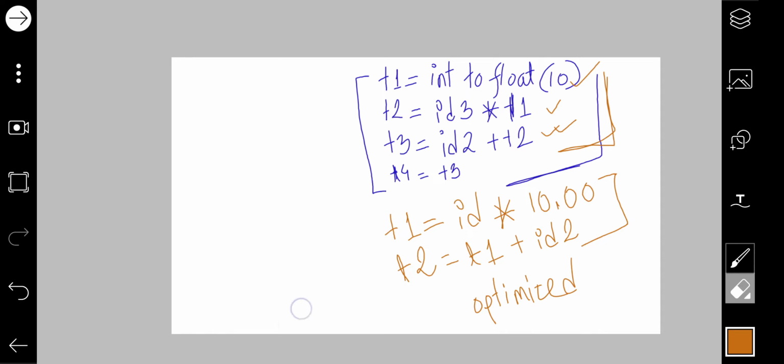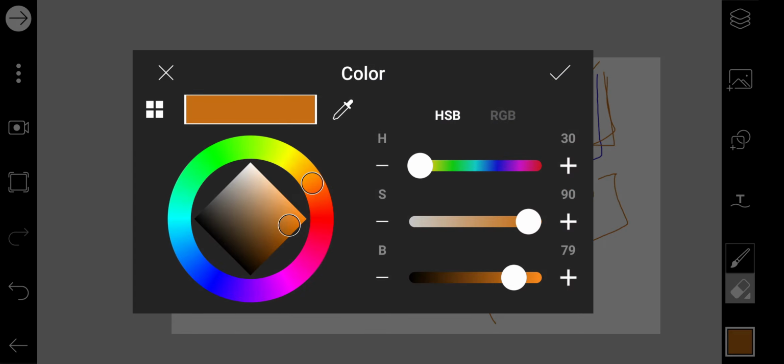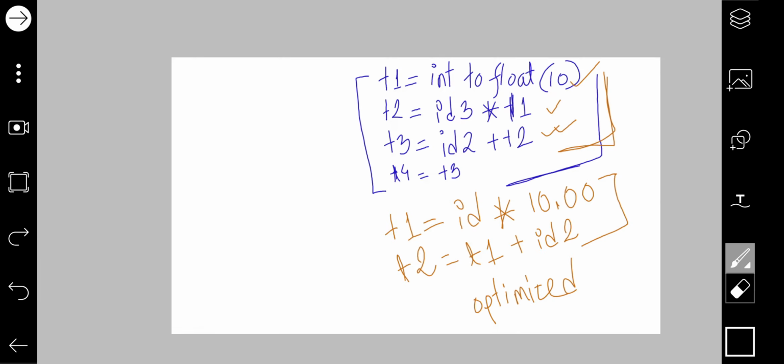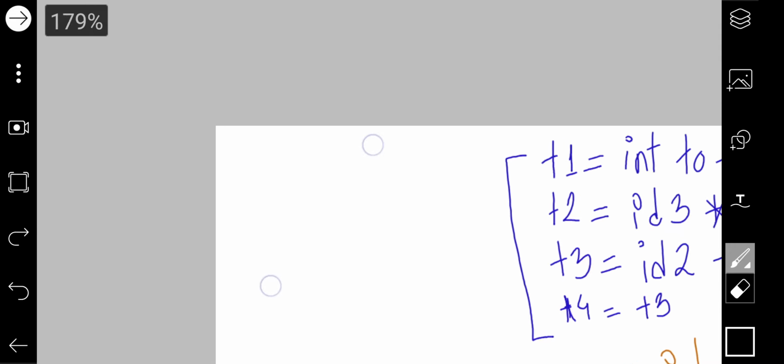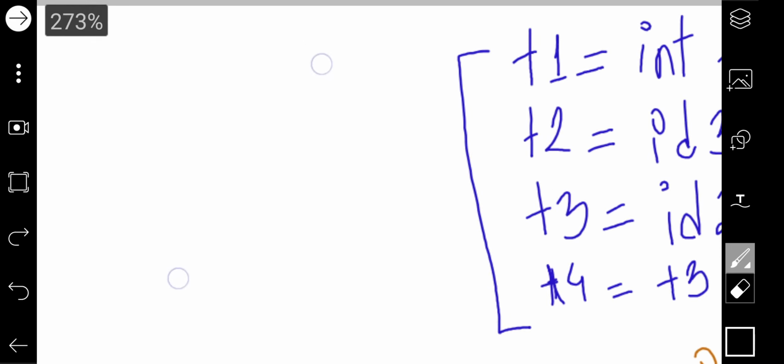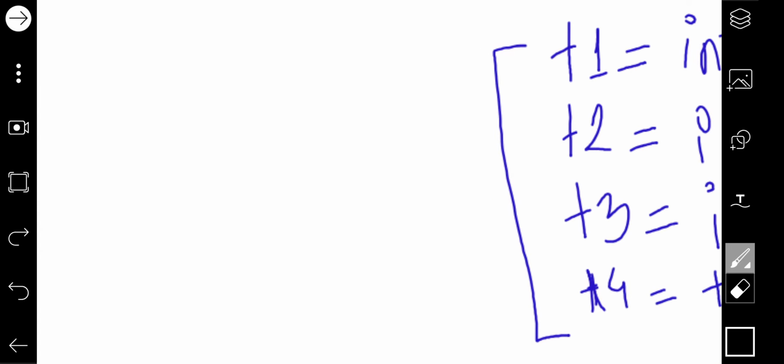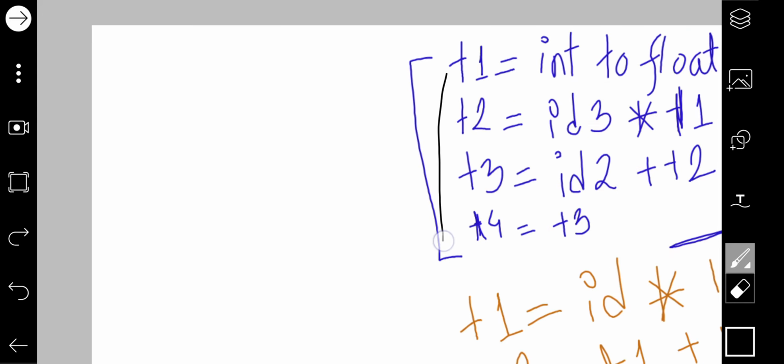The target code will be generated according to the intermediate code, not according to the optimized code. It will be generated from this one.